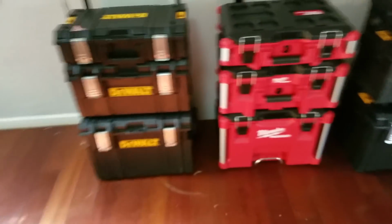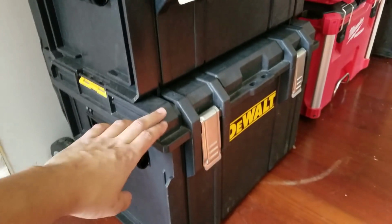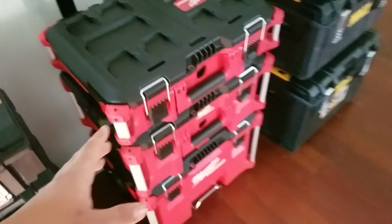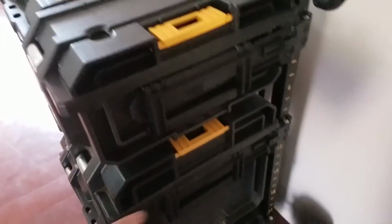Now, something else I didn't talk about was the regular Toughsystem. The DS450 is rated, I think, for a maximum capacity of like 88 pounds, whereas the one on the Packout is 250 pounds. And then the one on the DS carrier actually has two ratings. I think it has a rating for the bottom dolly part, and the bottom dolly part would be, I think, like 264 pounds. And then it has a rating for these tabs,